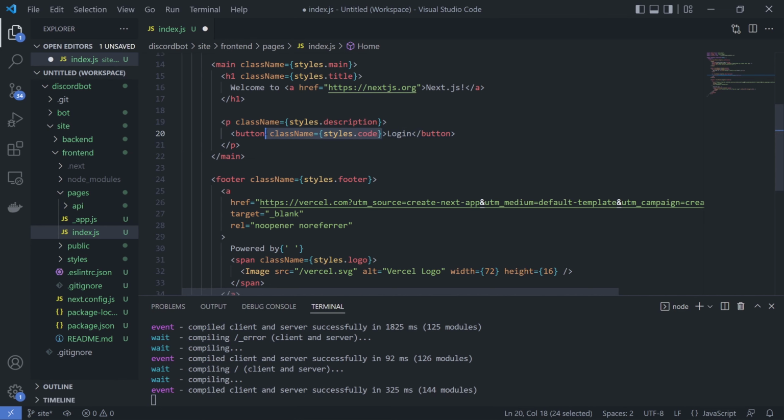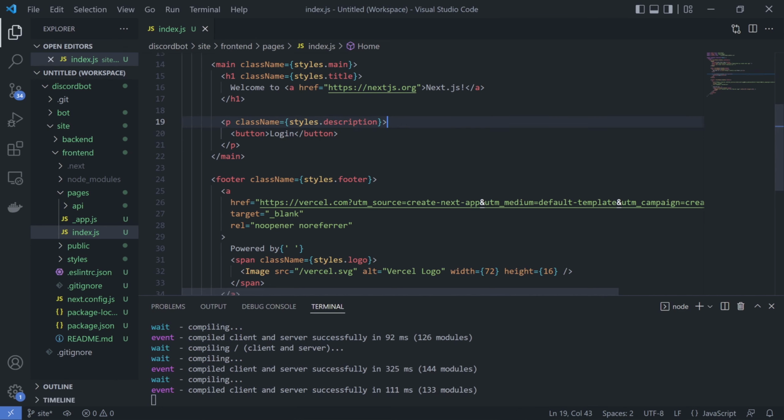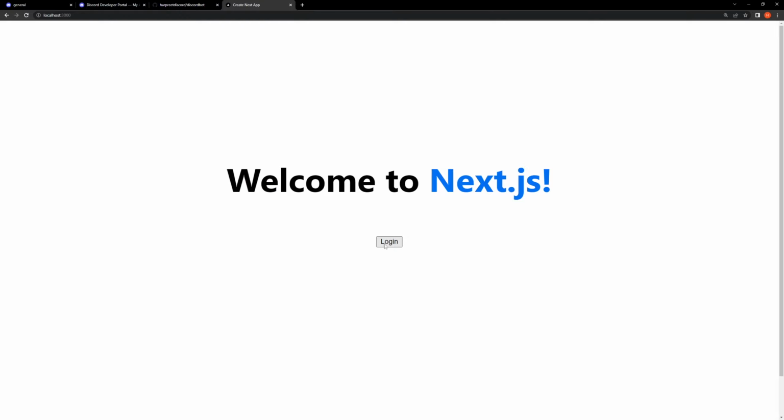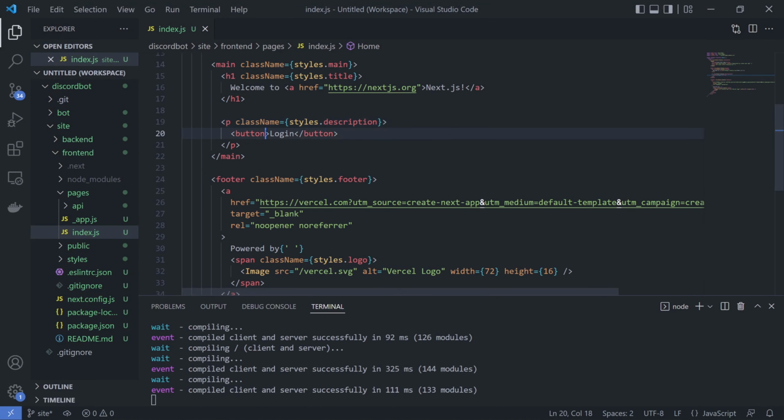And we can go and get rid of this class name here as well. I can save that. And once you save it, it's automatically going to refresh on the browser. There we go. There's our login button. Now when we click it, it doesn't actually do anything yet. So if we head back here,